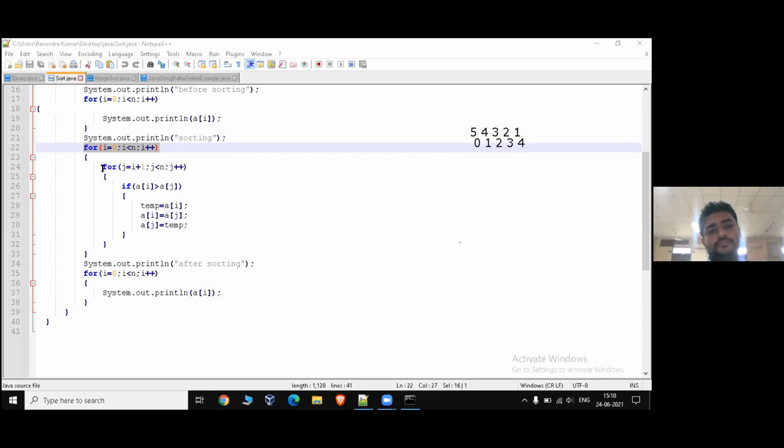This inner loop is used for comparison purpose. So first the 0th element is compared with the first index element. So a of j is